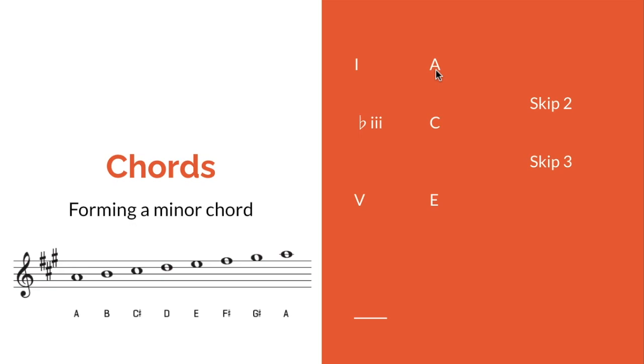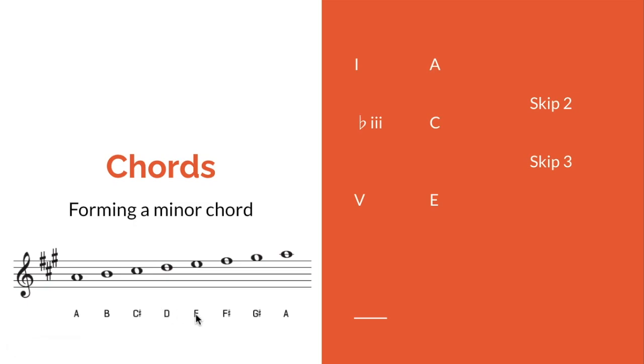So, we've taken our root note A and we've formed a scale. This is the A major scale, and you can tell that from the key signature over here. A major is A, B, C sharp, D, E, F sharp, G sharp, A. Our third note is 1, 2, 3, C sharp, and our fifth note is 1, 2, 3, 4, 5, E,